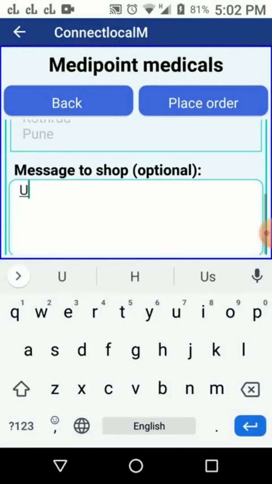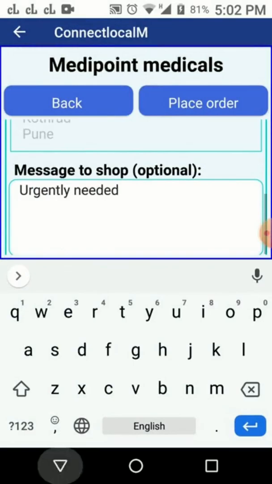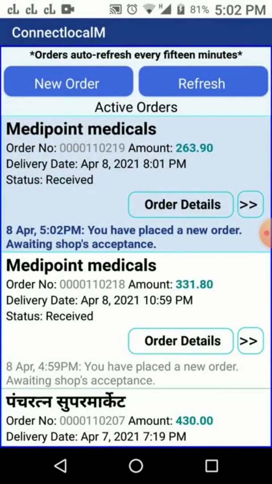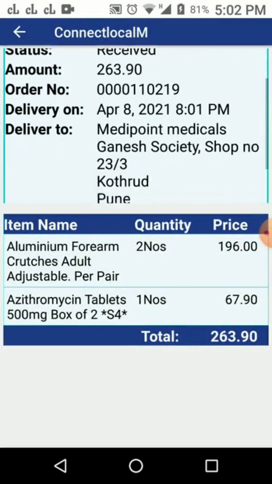The new order will be listed in the order screen. It will have a light blue background that indicates that the order has the latest update. Order will have details of the last action and time of the action at the bottom. Customer taps on the order details to review the order.